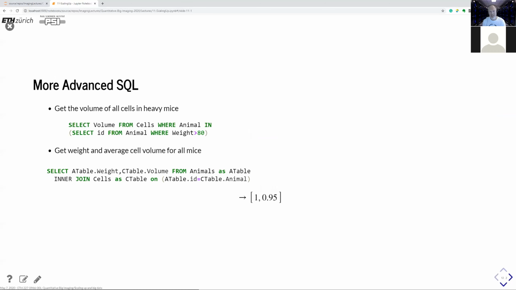A little bit more advanced is to get the volume of all cells in heavy mice. Then it gets a little bit more complex. Now we link the two tables. We have one called animals and one called cells. So here we select the volume from the cells table, and in the cases where animal, which has the same